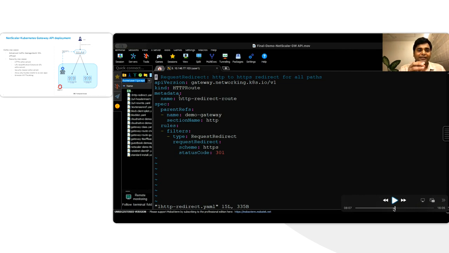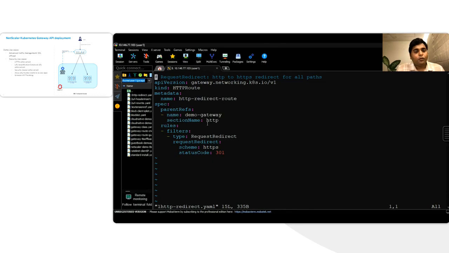This is a sample HTTP route file, in which you have to mention the parent ref. This is the gateway reference that you have to mention, and the section name. I want to apply this on the HTTP section of that listener, where my filter says you have to give all these details for the request redirect, with the status code 301.